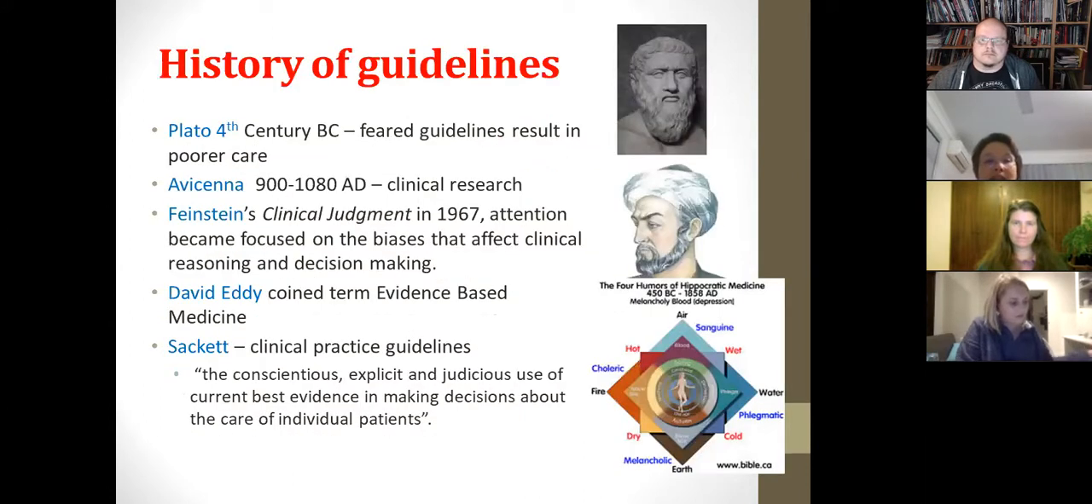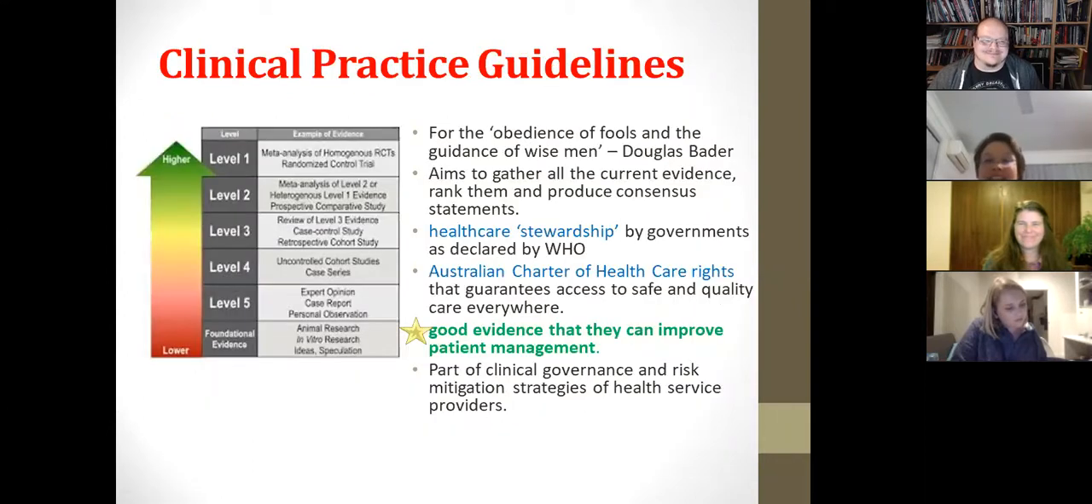So guidelines are not new. They started, Plato mentioned it in the 4th century, but it was only more recently, in the 1960s, that it became based on research evidence. Before that, it was beliefs, like you see in this diagram here: hot, cold, wet, dry, water, fire, air, earth, and you try and balance these things, like putting leeches on people to suck their blood and so on. So for clinical practice guidelines, there are levels of evidence, which is written here, and judges actually do